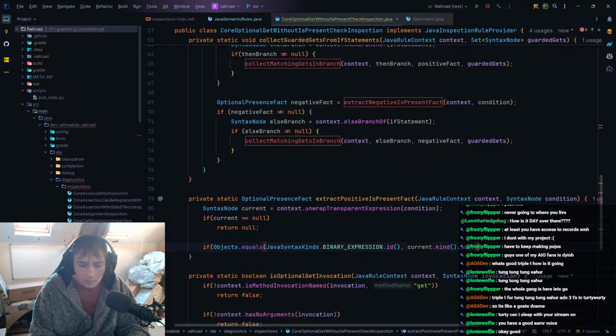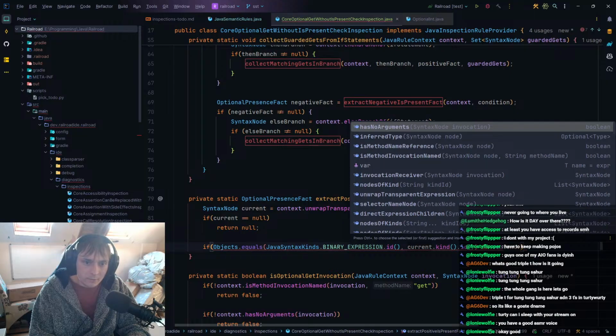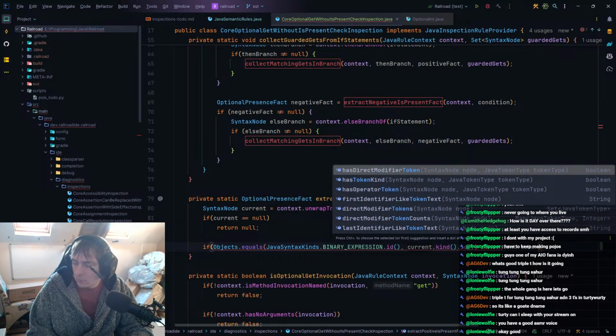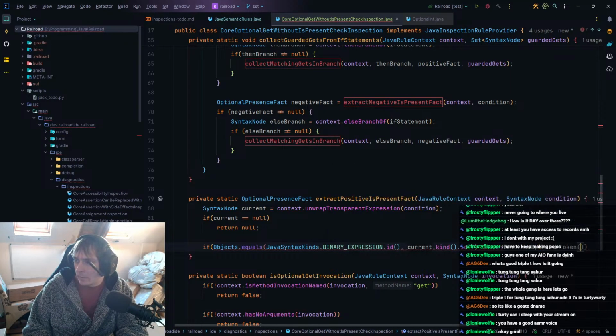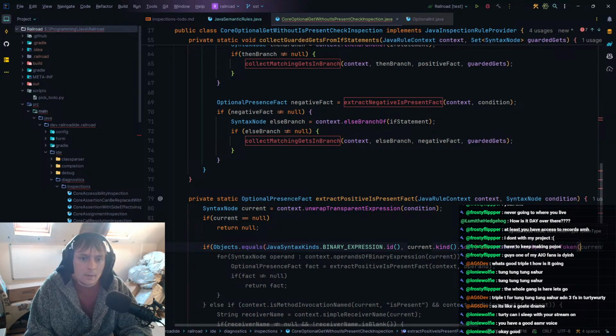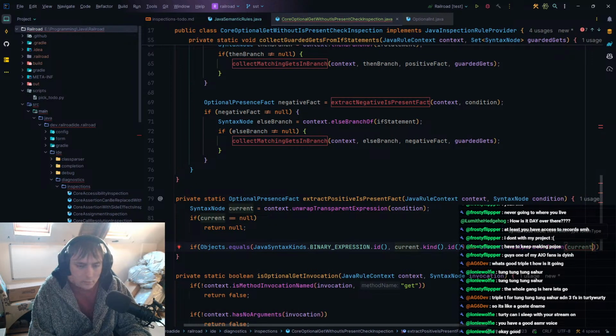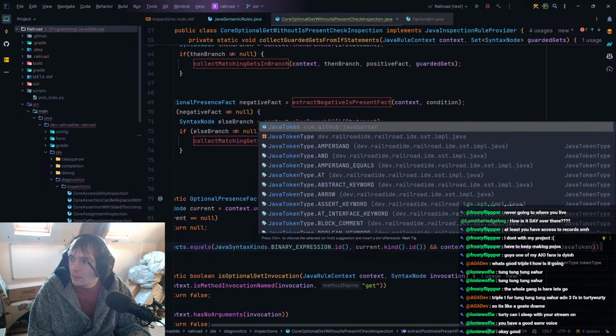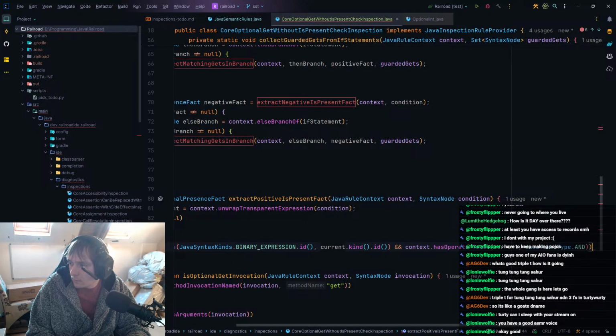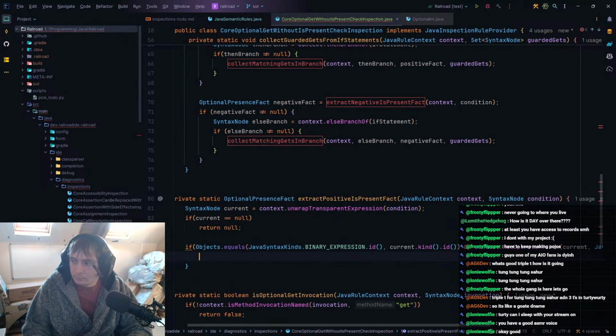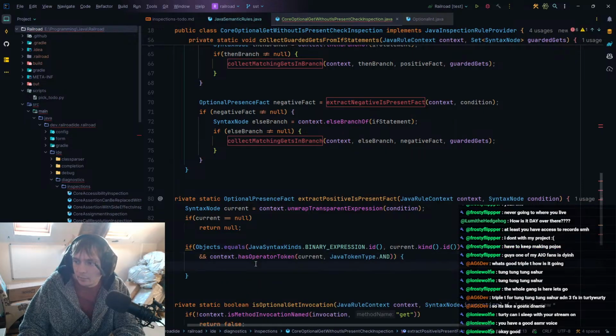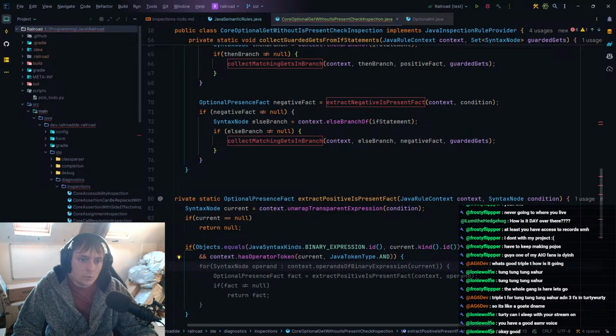Current.kind.id, and let's check that it has the and token. Token? I don't know what the method's called. That one. That's the one. And then current, and the token type is and. Okay. Let's plonk that down here. And then let's do